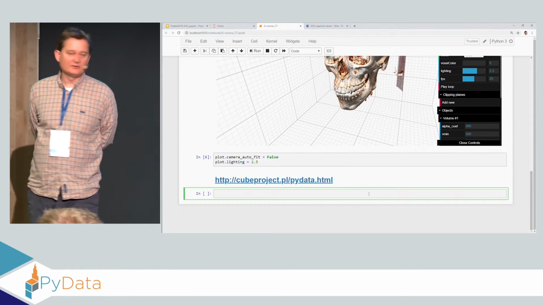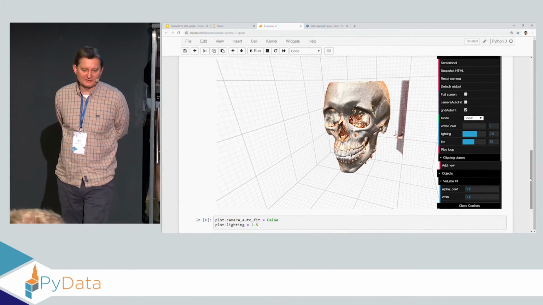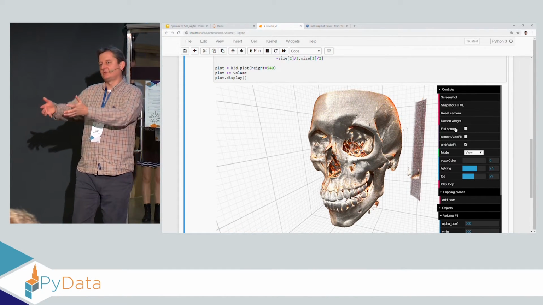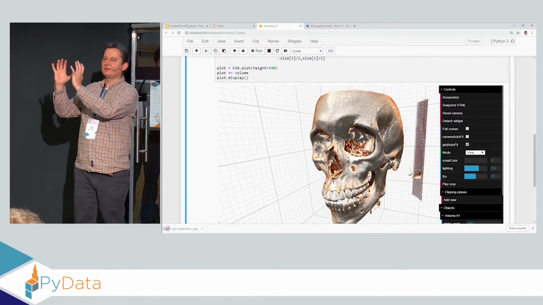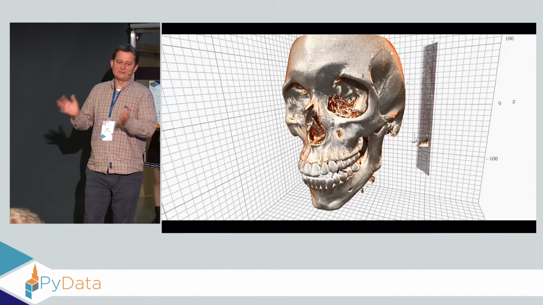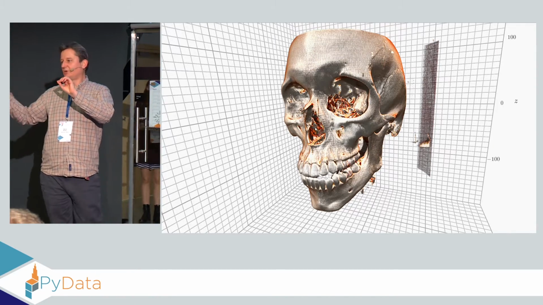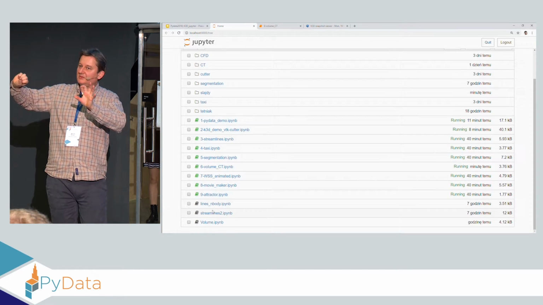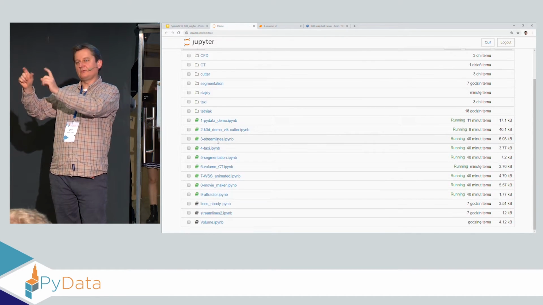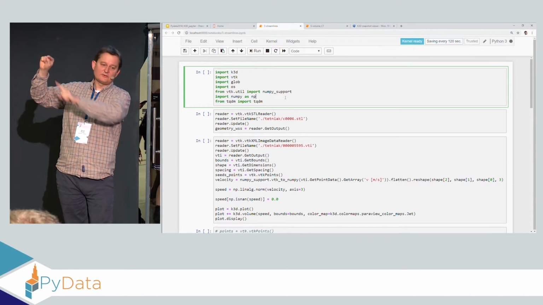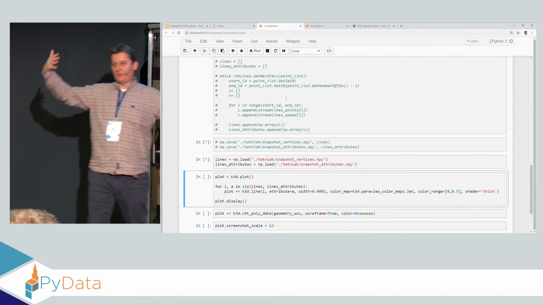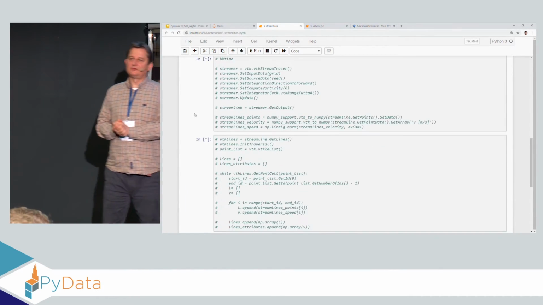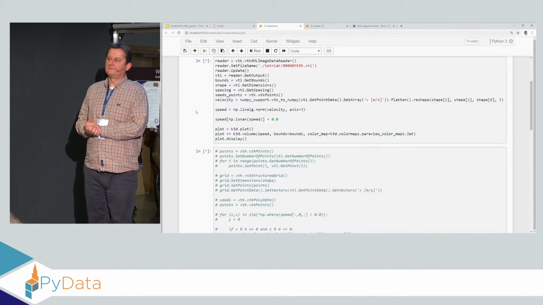There are a few tricks you can do. Of course, we don't want to make a full application in JavaScript because this is growing. So we say, let's have the basic controls. And the basic control is not that basic: you can take a screenshot, manipulate some parameters, and with some objects you can turn off visibility. So you have some basic control on the widget. Of course, when you click on something, it's synchronized with Python. So you have two ways of controlling the object: from this menu and from the Python kernel side.